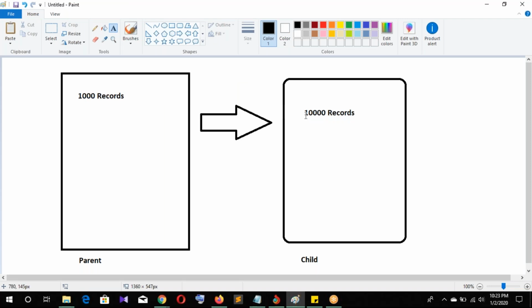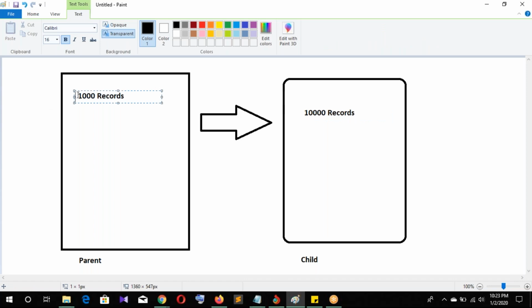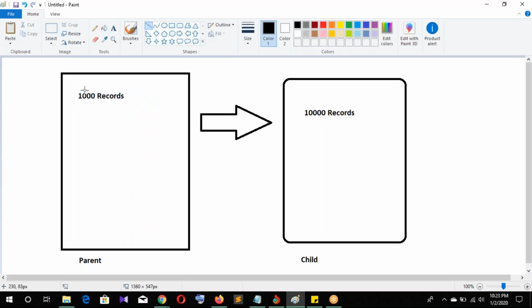If you delete the 10,000 records, the corresponding 10,000 records are also deleted. Yes, I understand that, but that's not what I'm asking.